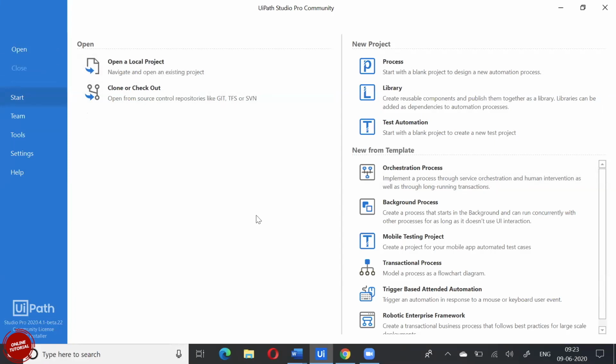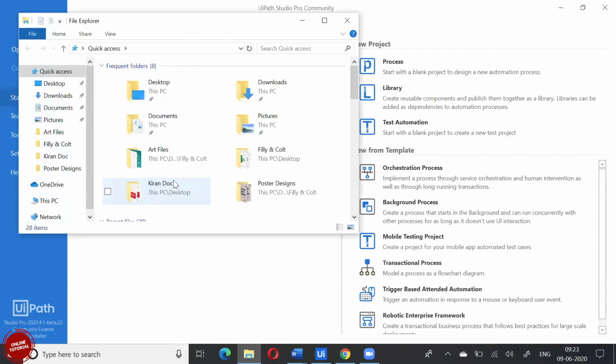Very first thing: when we install UiPath, this is where you get to a home screen. Here the first option is Open. Any project that you create in UiPath will always go to the My Documents UiPath folder.